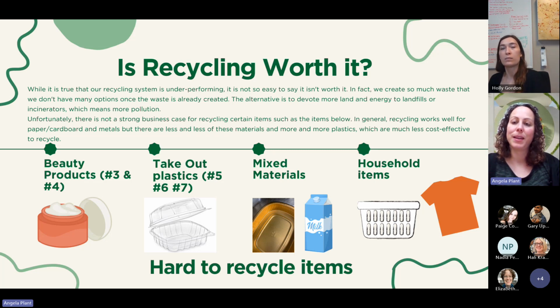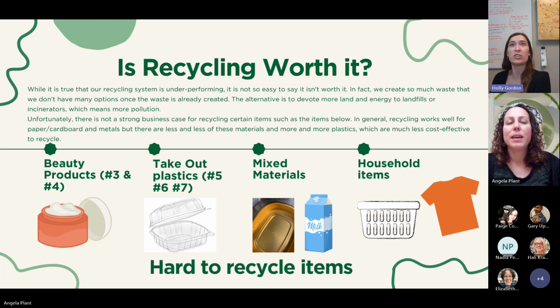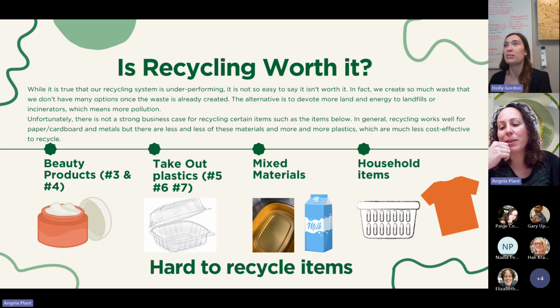And then there was a question about glass. I had said that glass is also very recyclable. It's similar to metal. I don't think it's quite as good because I think the melting down process is a bit more intensive, right? But it is still very recyclable, yes. And it really isn't that different from metal in that they're both very recyclable,